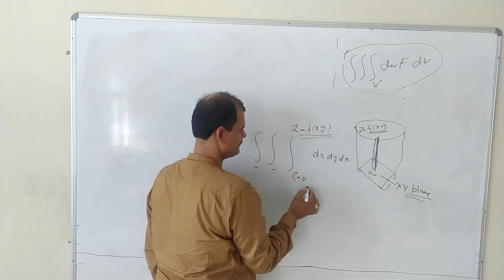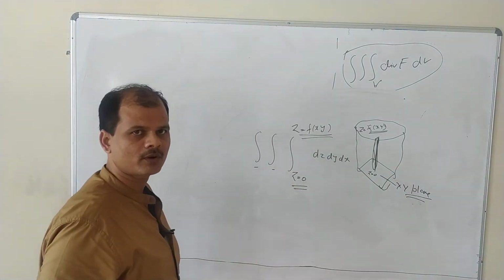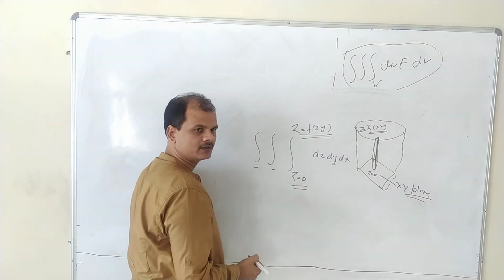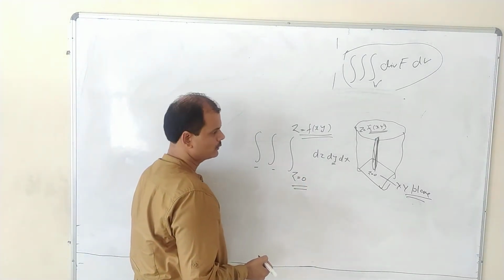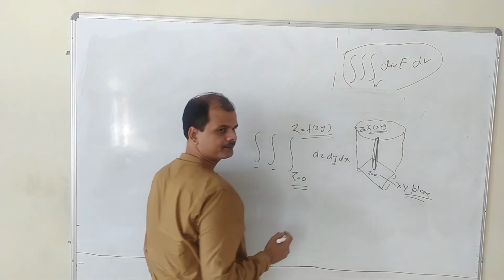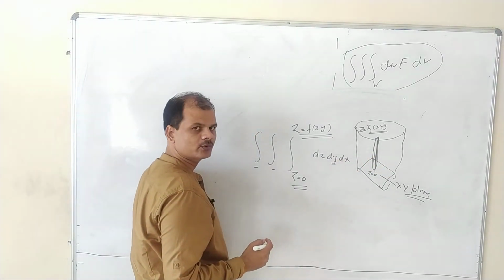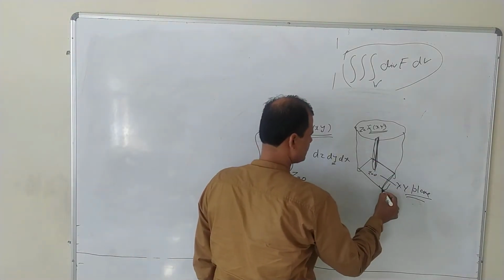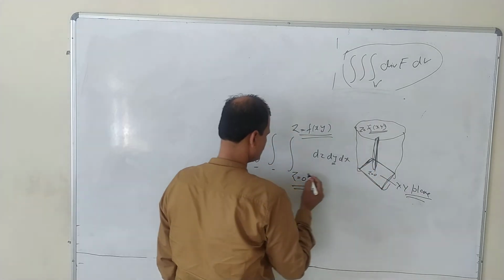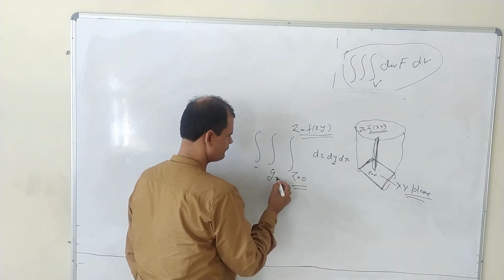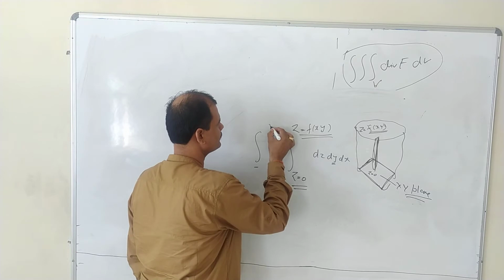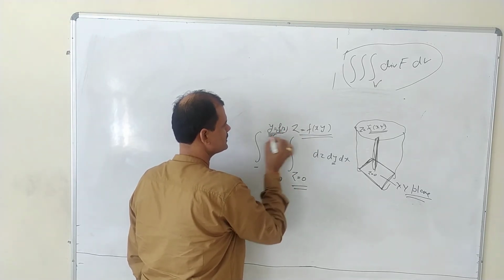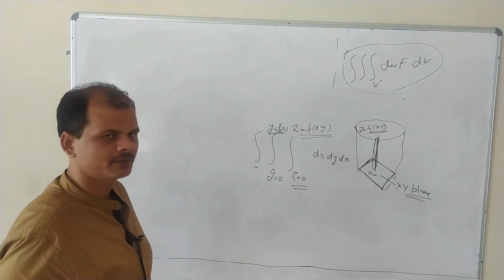Your z limit will be in terms of x and y. Now next we need the y limit. For getting the y limit, what we should do is come to the xy plane, where z equals 0. So in that xy plane, with z equal to 0, we get the y limit from 0 to some function of x, f1(x) suppose, because in the xy plane your z will be 0.